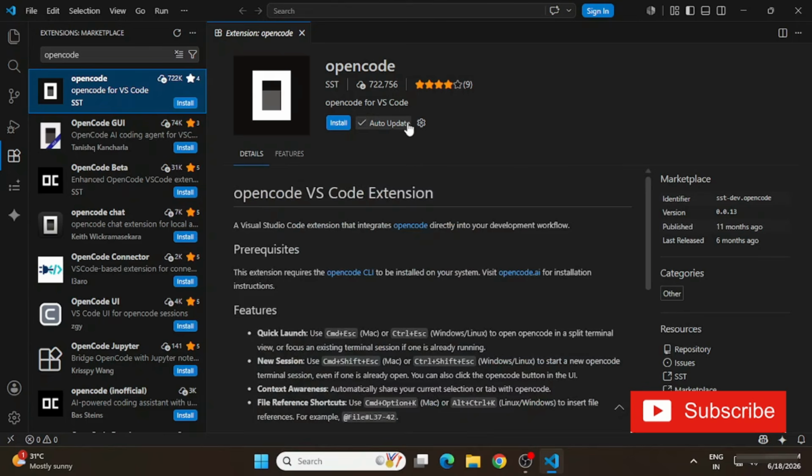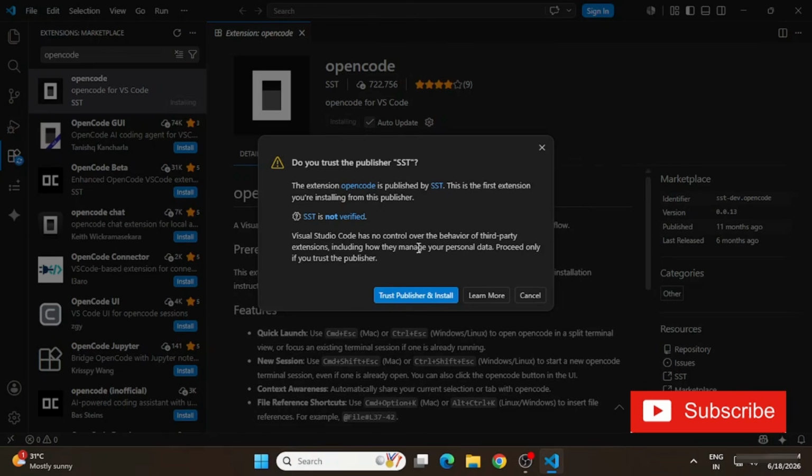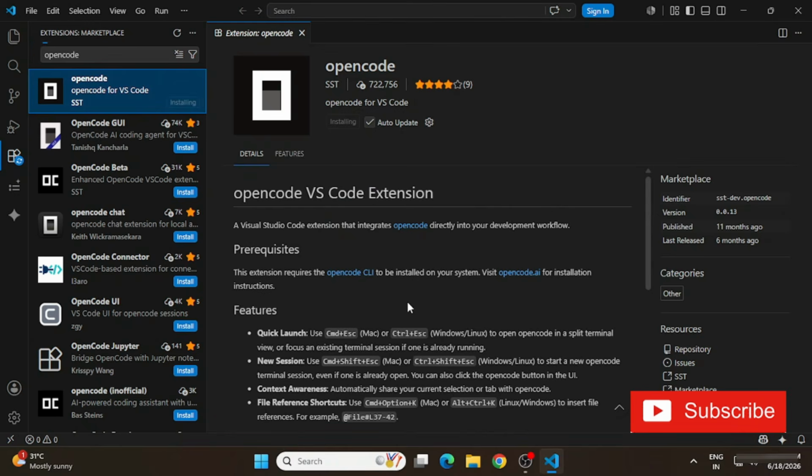Just click on install, and guys, you can see the installation is done. And here at the top corner, you can see the OpenCode icon has appeared. So this is the method by which you can install OpenCode, right? Now if you close this, the icon will vanish. Again, you can go to the extension tab and select OpenCode and you will see that icon.